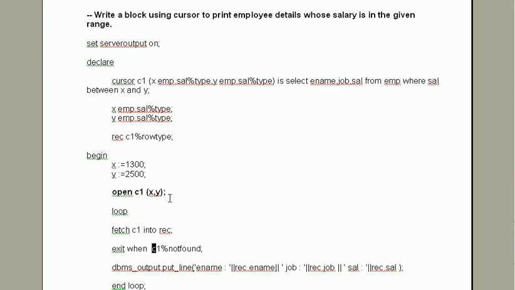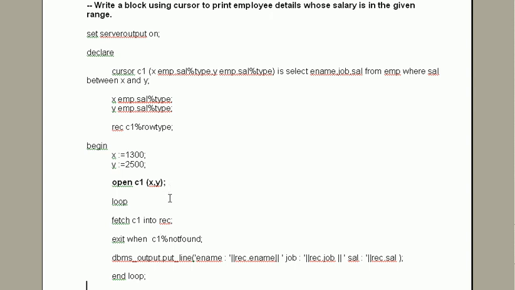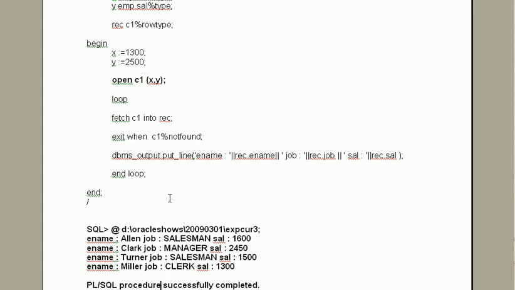So when we are using user defined cursors, we have to write the cursor name, not SQL. SQL is used in implicit cursor, and here we are using user defined cursor, so we have to write the cursor name. Another thing is the same, and you can see the output. Let us see the output in Oracle.